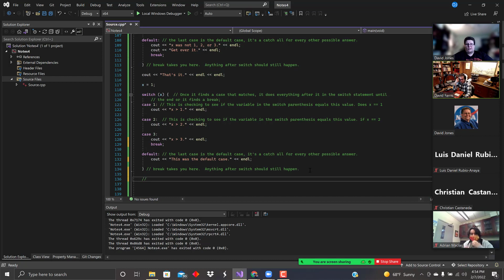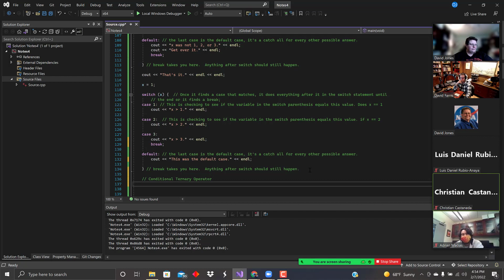Now, I know Red doesn't do this. This is called the conditional ternary operator. It's a sweet name, right? So the way it works is, I'm going to do this. C equals, and I'm just,